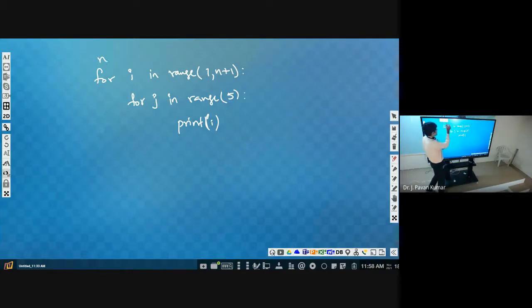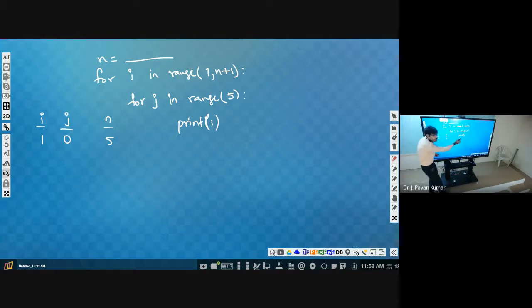What is the value of n that we take from the user? Let us say n value is 5, and I value starts from 1. Now j value starts from 0.